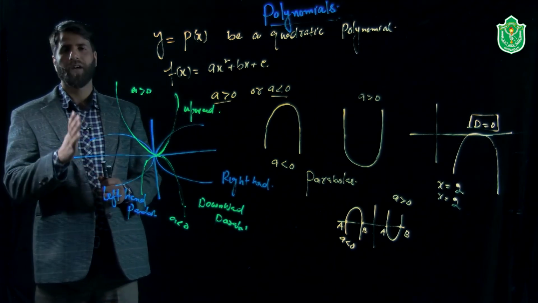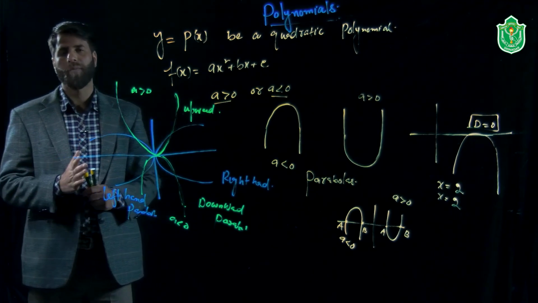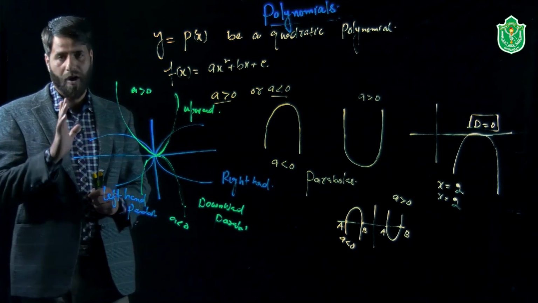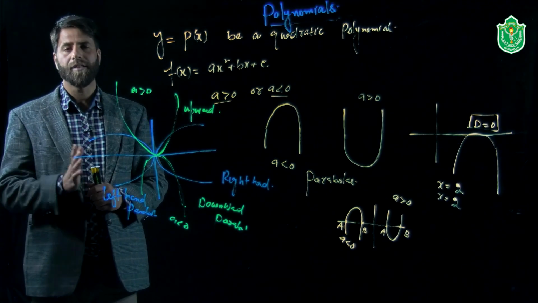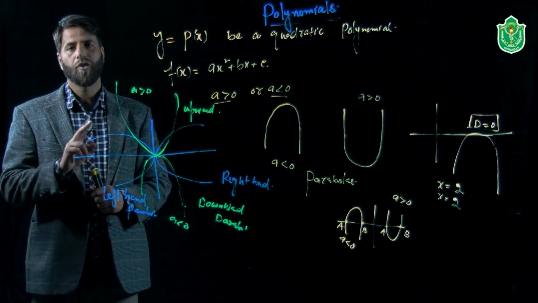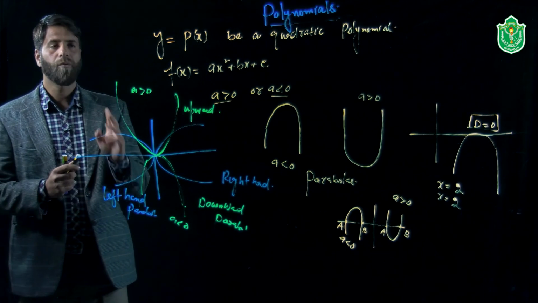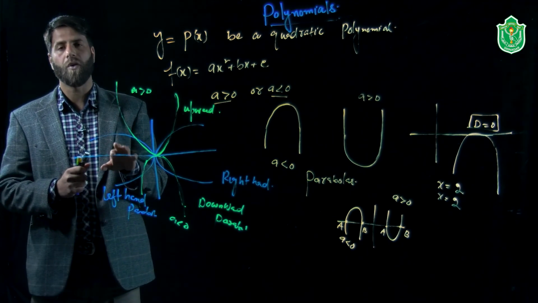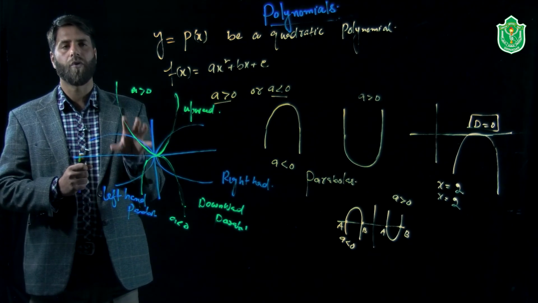So as far as the geometrical representation of the polynomial is concerned, we have defined the linear polynomial. It will intersect the x-axis at exactly 1 point. Second point was this, the quadratic polynomial, that will intersect the x-axis exactly at 2 points. And third point was this, the cubic polynomial. It will intersect the x-axis exactly at 3 points. And we have a special polynomial, biquadratic polynomial. It will intersect the x-axis exactly at 4 points.